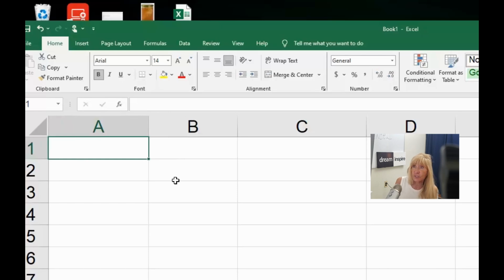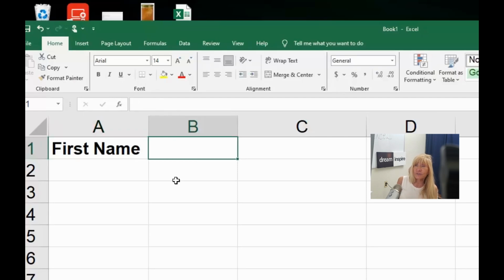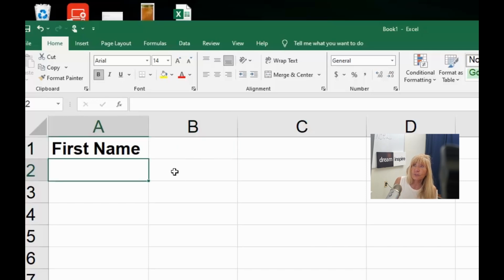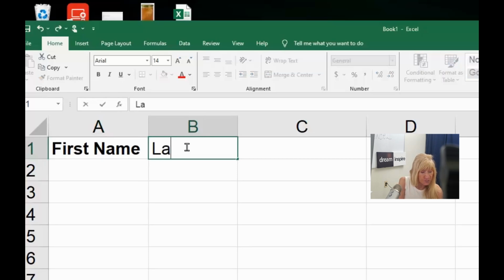So the first thing I'm going to do is left click my mouse in cell A1, and I'm going to type, for example, first name. And I'm going to press tab on my keyboard. So by pressing tab, it makes the cell shift to the right. If I was to press enter on my keyboard, it goes down. So you want to make sure that you're pressing tab if you want to go over to the right. In this case, I want to type in last name